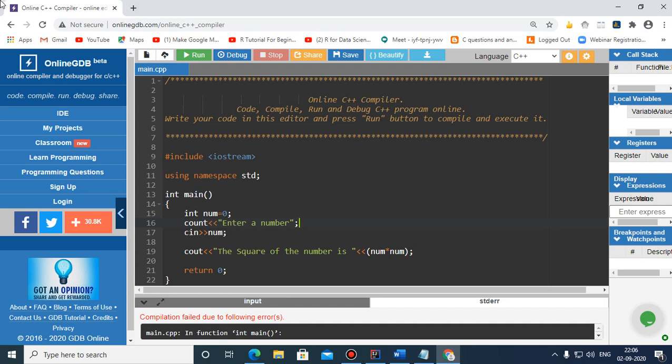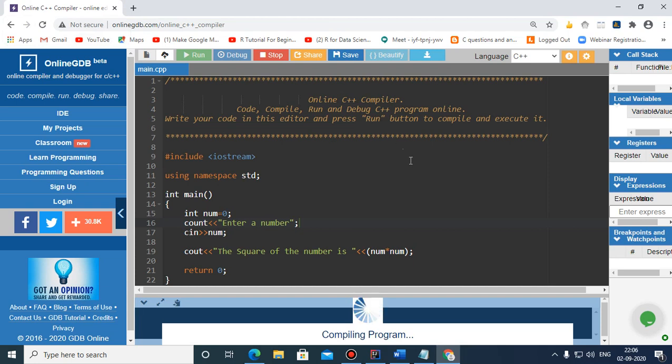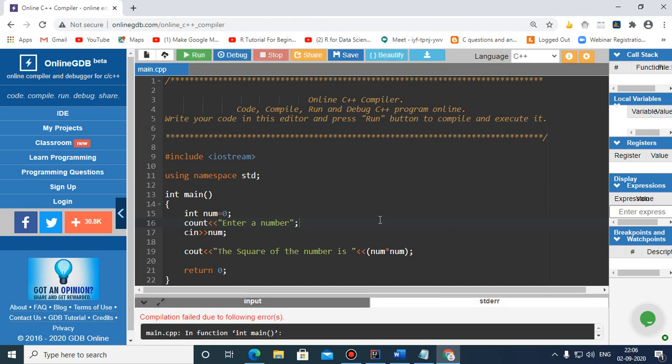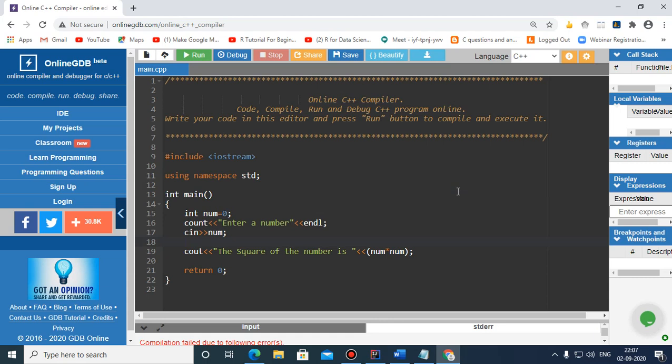Okay, so just execute, see what happens. In function int main, there is a technical issue. What happened? Okay, so just wait. Children, here there is a syntax error.